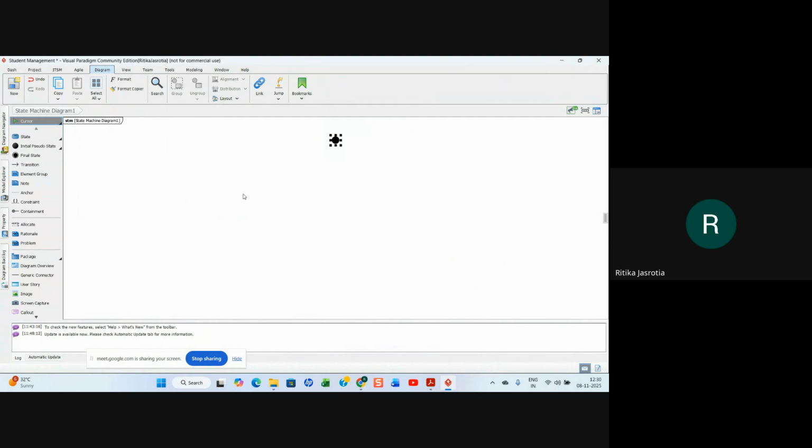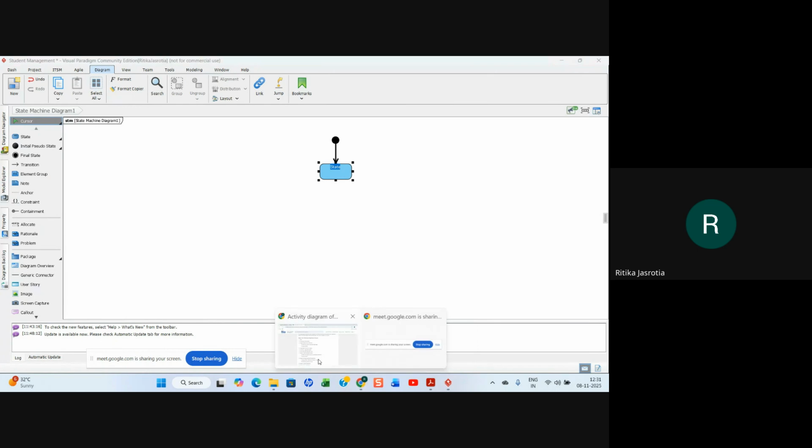The transition, what is happening between the states. So the states of the system and how the states are changing from one state to another. Okay. That is what we are showing. So this is your start state, right?